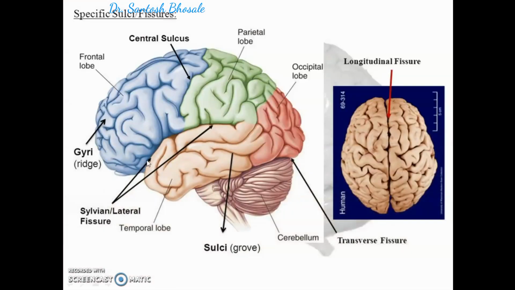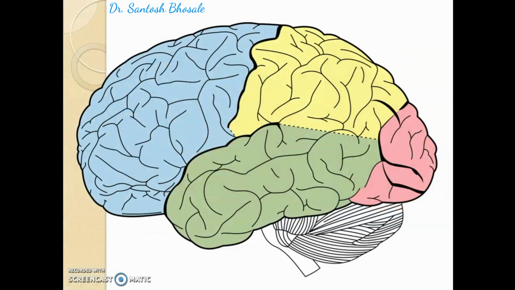And here you can see in this picture the superolateral surface has different colors denoting different lobes. You can see the central sulcus there, lateral sulcus, parieto-occipital sulcus here, that is the pre-occipital notch. Now you can see in this picture. So central sulcus, the posterior end of lateral sulcus, parieto-occipital sulcus, and the pre-occipital notch, the arrow is showing. So with these four landmarks, we divide the superolateral surface into four lobes.